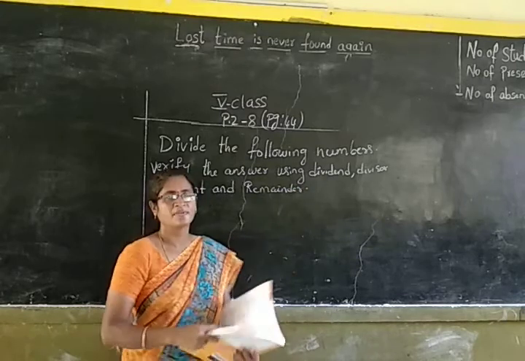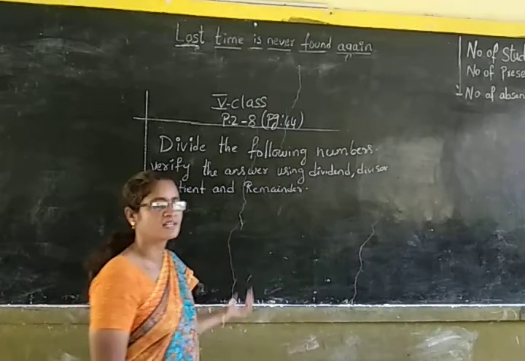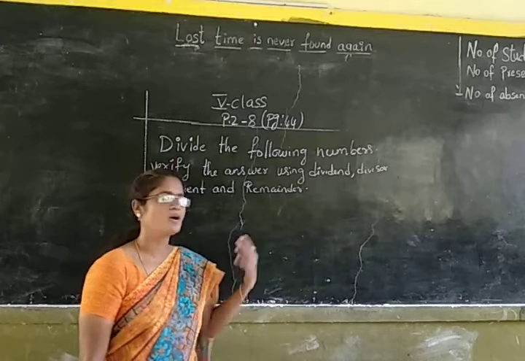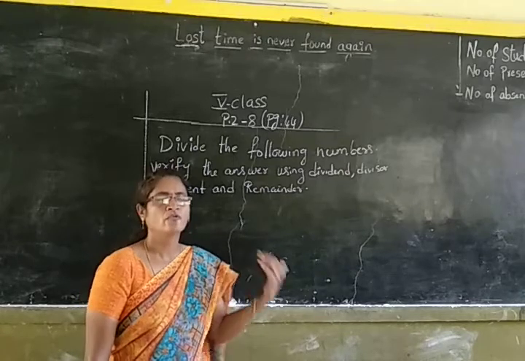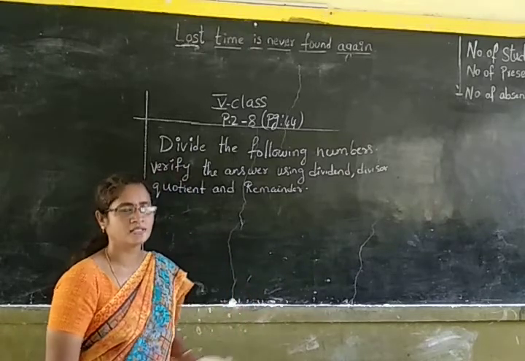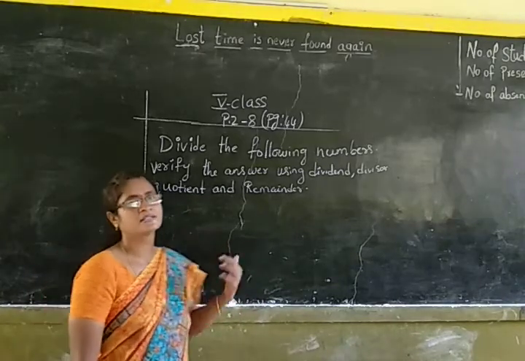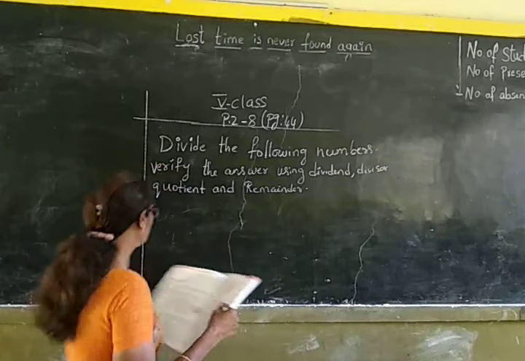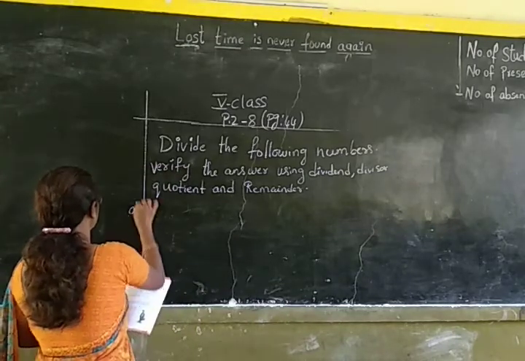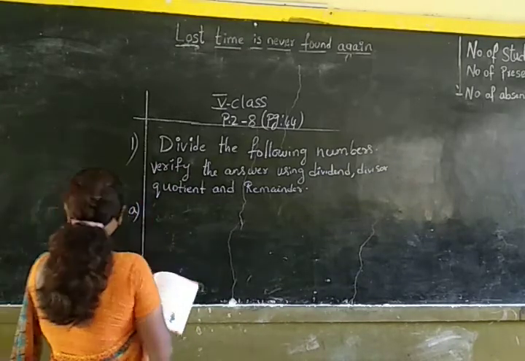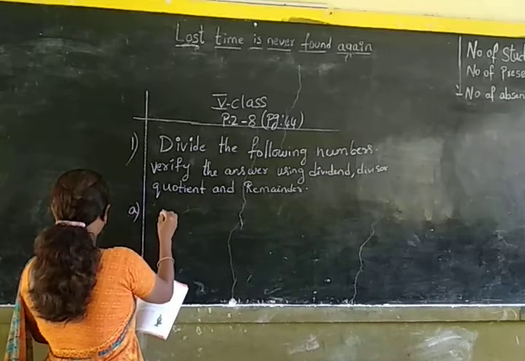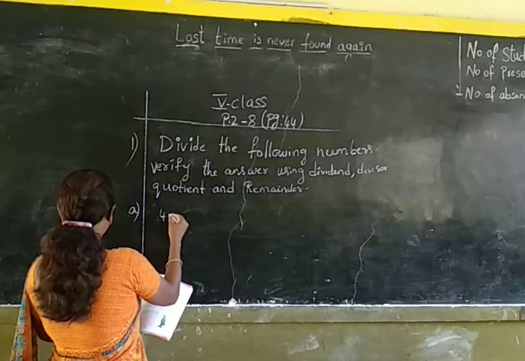Okay children, in the previous class we have done multiplication. This class we are going to do division. You have already done the division of 4-digit number with a 3-digit number and 2-digit number. In this class we are going to divide a 6-digit number with a 3-digit number. Today we are going to do the first sum, that is we have to divide